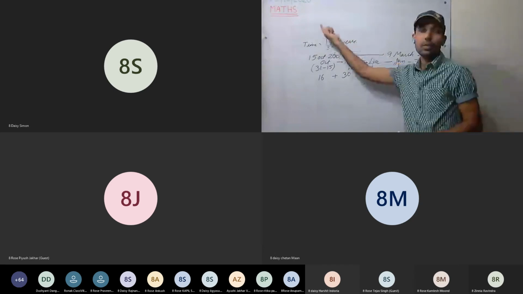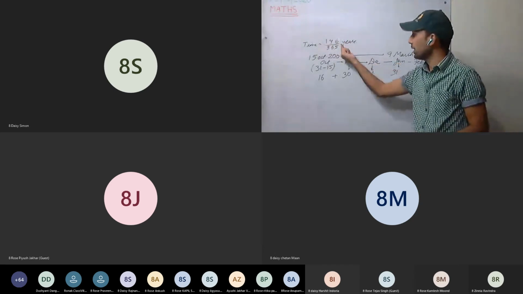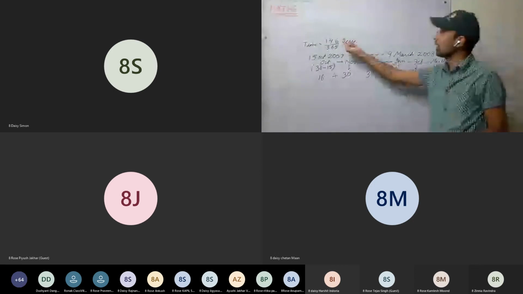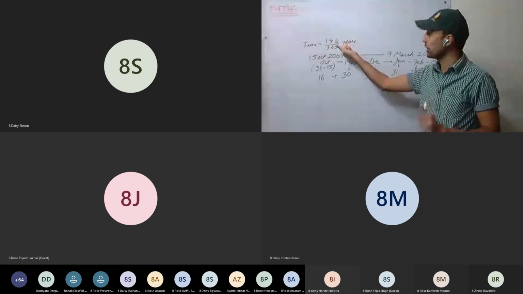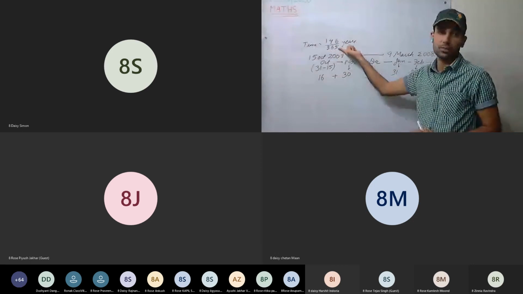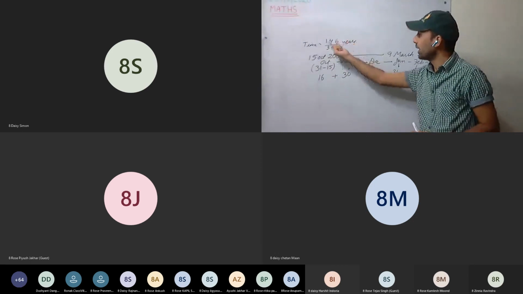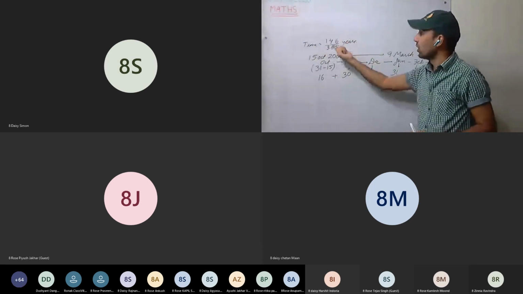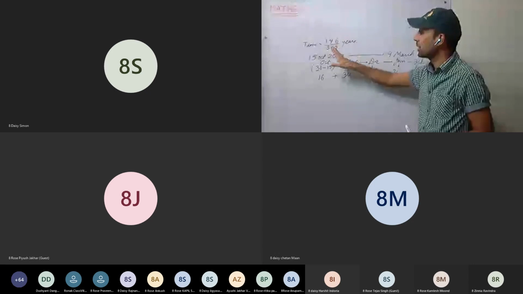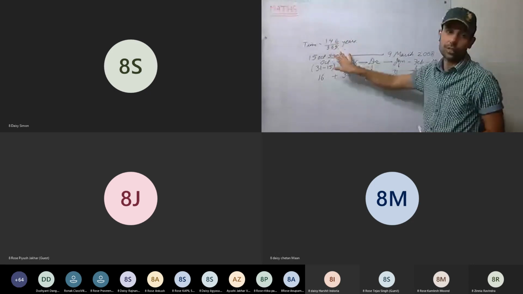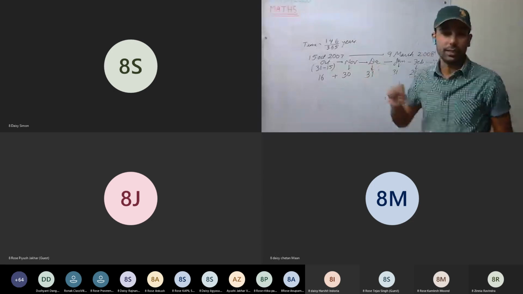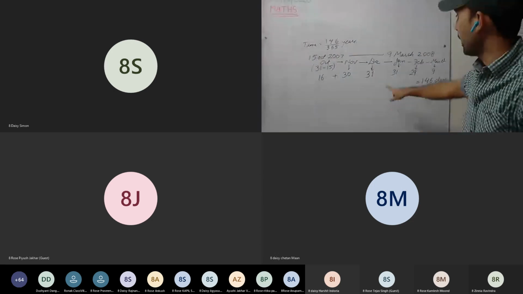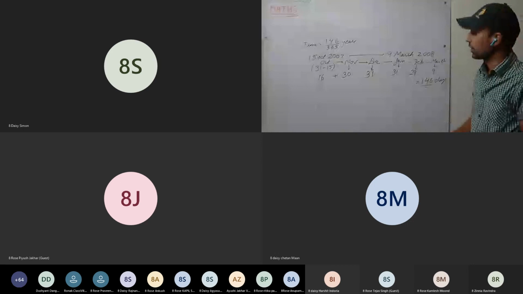Now, since rate was per annum, therefore time should be in years. We have calculated 146 days, convert it into years. Always divide by 365. No other figure, no 366. Only 365. So use 365 and calculate the time in years. Don't divide it here. If it is divisible, it is fine, but leave it in fraction. Now put in formula, cancel them all, you get the answer. That part you do as homework. We'll check that tomorrow.